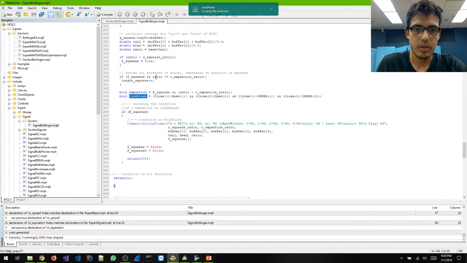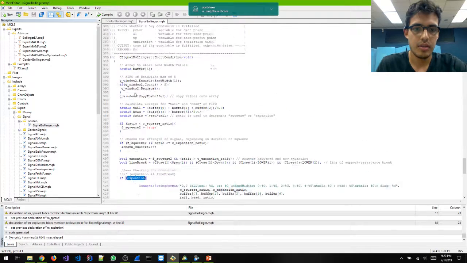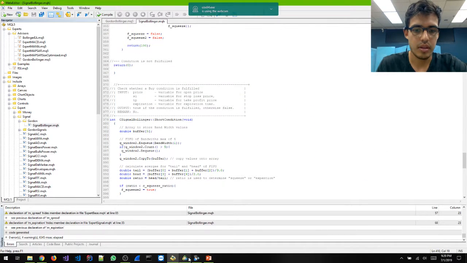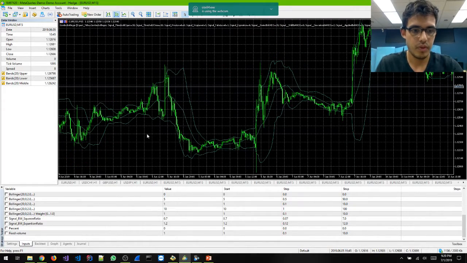Once the confirmation is done and it's inside the squeeze, it satisfies the condition and goes here, it resets the flags and returns 100. Right here it's just checking for the squeeze, and on the short condition it's checking for the expansion. I did this with the purpose of showing that the algorithm actually works. So to be able to visualize it,